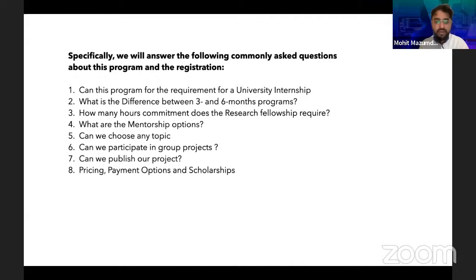The next question: can we publish our project? One of the major goals of this research fellowship program is to be able to highlight the research that you have done in your own profile. So publishing your project gives you a tremendous amount of exposure and makes you a part of the scientific community. So yes,